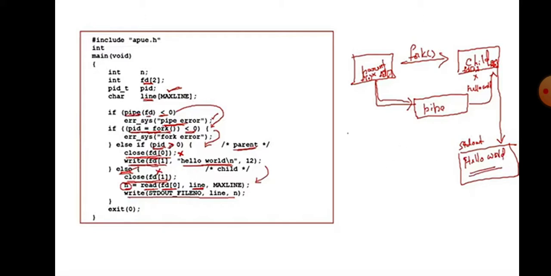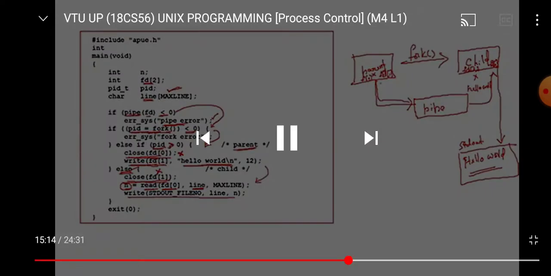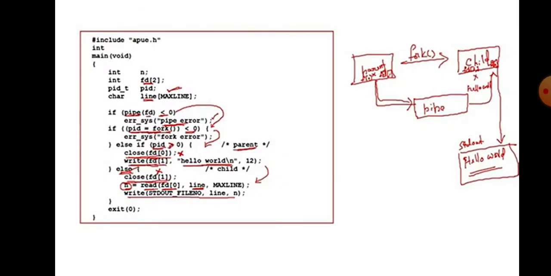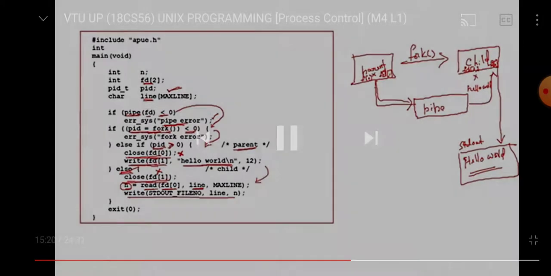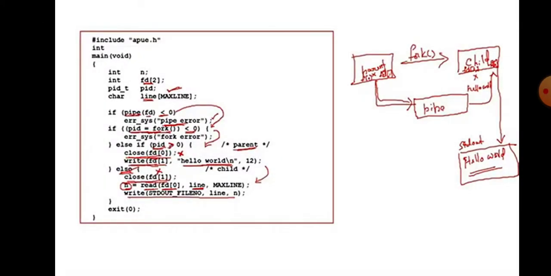Okay. Very simple. The parent will make use of the pipe system call or pipe function to create a pipe, then the fork system call to create a child process. The parent's read end is closed and the child's write end is closed. Then the hello world message is written through the pipe and passed to the child. So this is the communication that is happening. And the child, after reading the message from the parent, will display the message as it is onto the standard output. So hello world will be displayed onto the screen. So this is about the pipe system call.